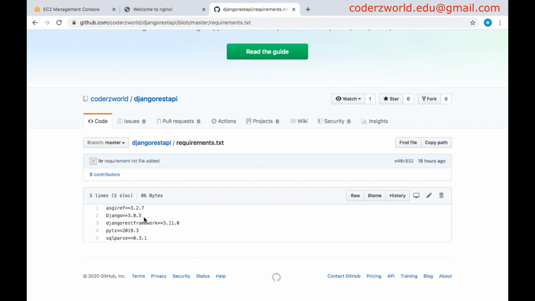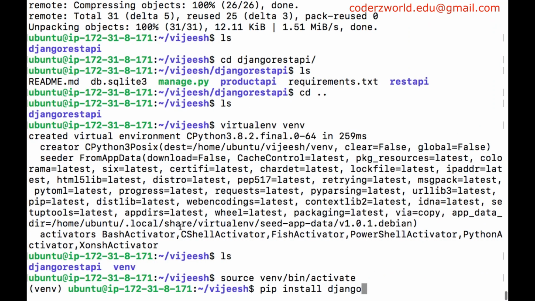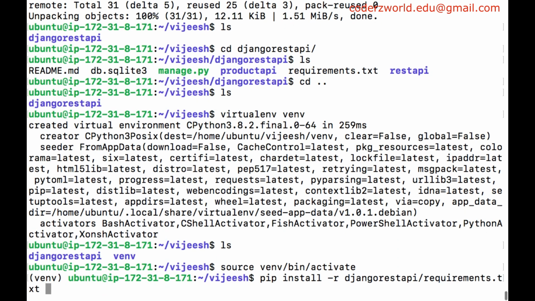Okay, now I want to install those libraries. For that we can use pip install -r. The requirements.txt file is inside this particular folder. Okay, so we are installing the packages mentioned in this particular file.